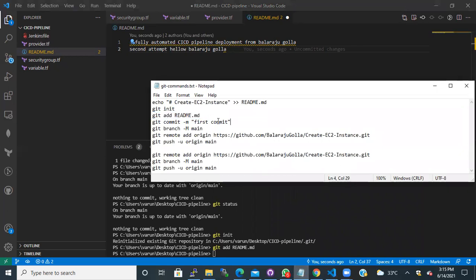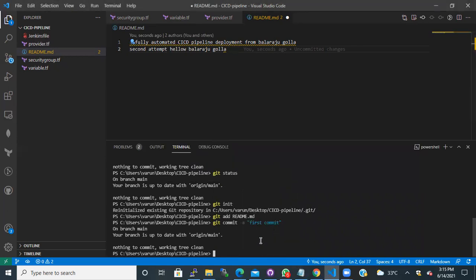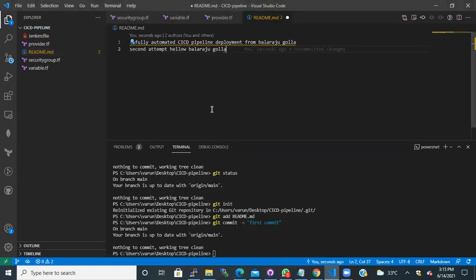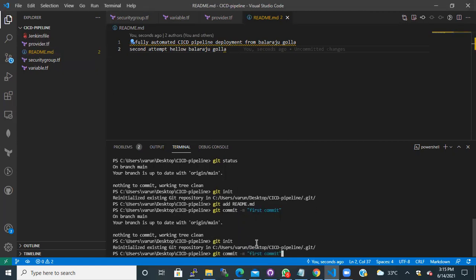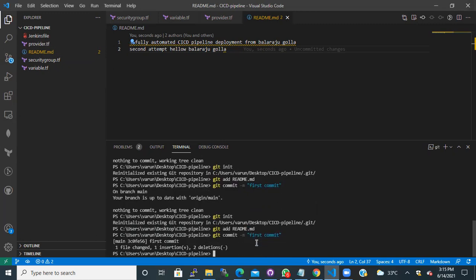And then git commit. Yeah. Now we took the change.